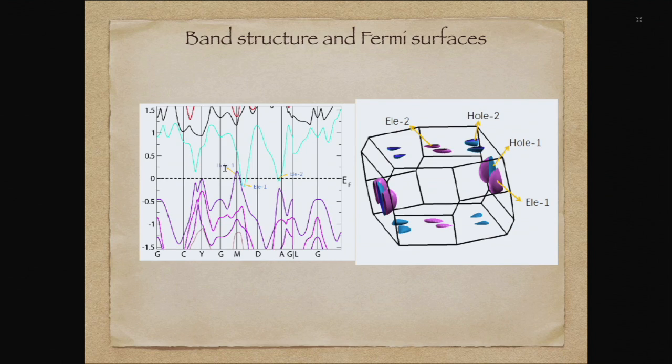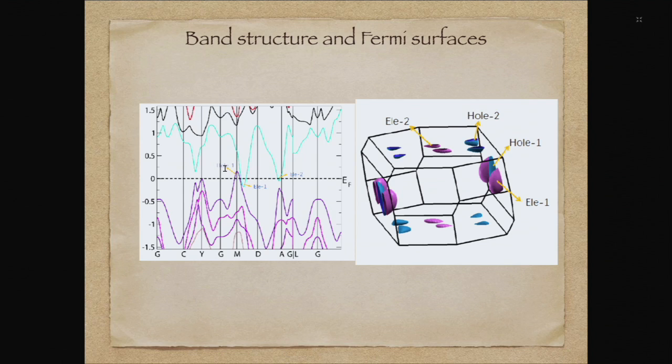So this is the band structure of the material. We call it a trivial semi-metal system, because there's overlapping of some energy bands, but there's no Weyl point at all. We have checked, because the system has both inversion symmetry and time reversal symmetry, there's no way you can have a Weyl point in the Brillouin zone.